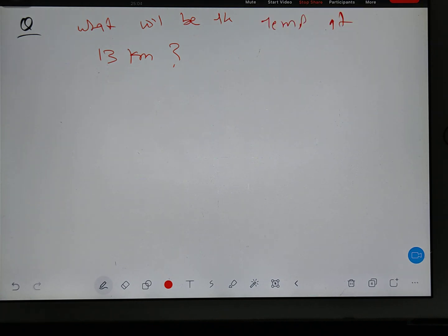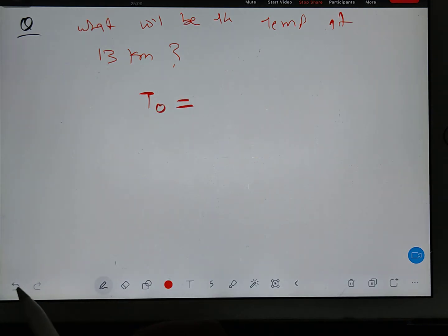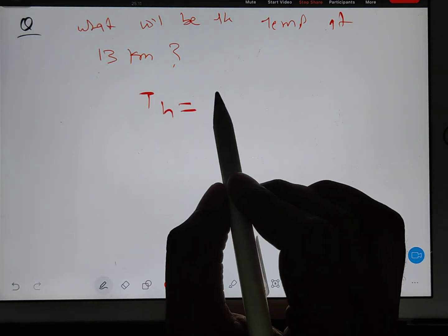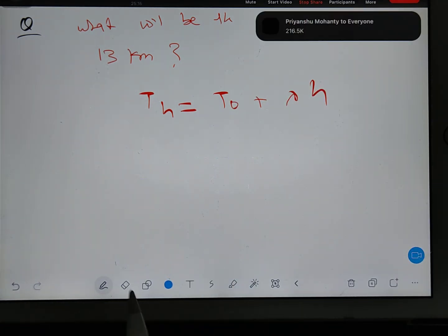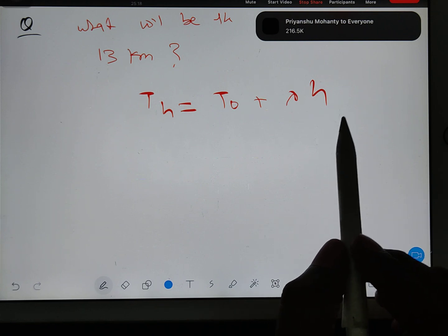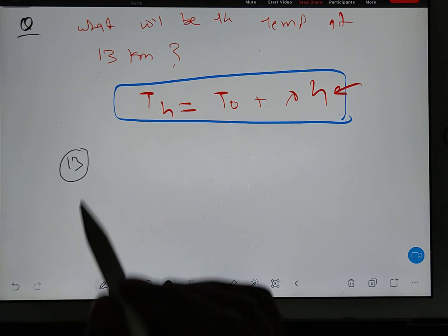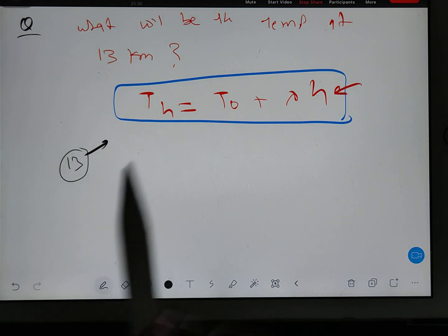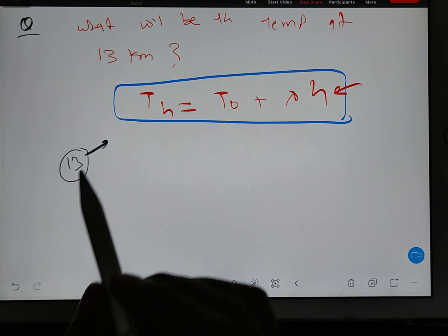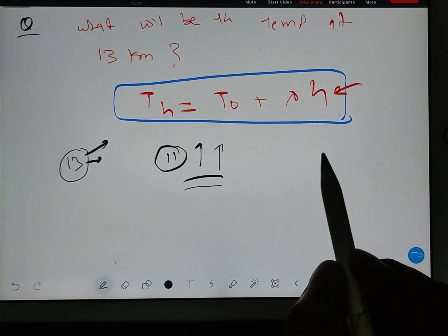Okay, so you can't use this equation TH is equal to T naught plus lambda H. You know why? Because your troposphere is only till 11 kilometers. So this is limited only till the tropopause. But I have given you 13 kilometers. It means this question went to the stratosphere. And you know, in the stratosphere, temperature is constant. So whatever the temperature is at 11 kilometers, the same temperature will be maintained till 25 kilometers in